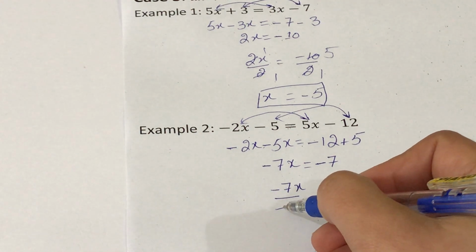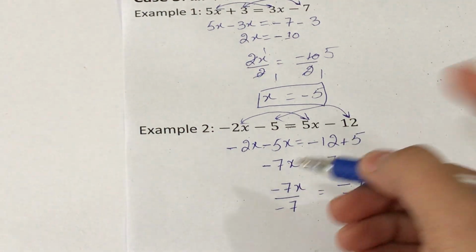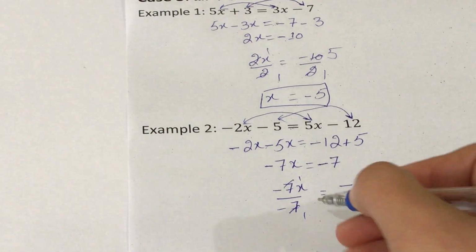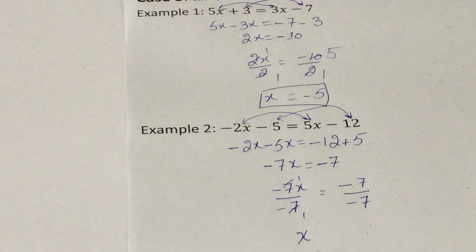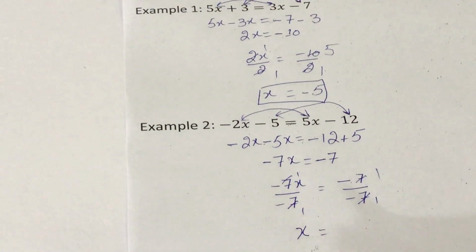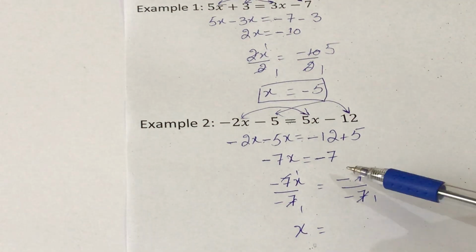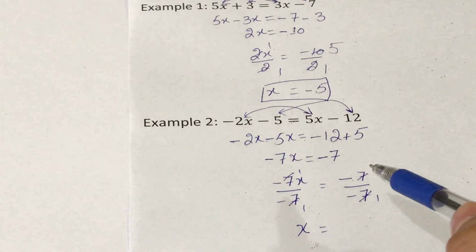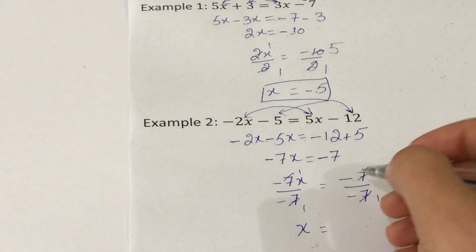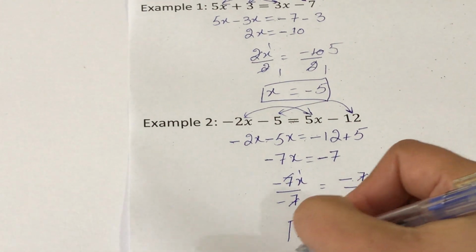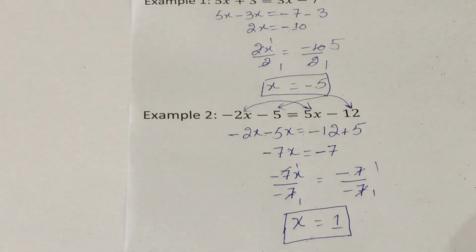Negative number divided by negative number, your result would be positive, and 7 ones are 7, right? So we will be left with x here only is equal to, similarly on the other side, 7 ones are 7. And again, negative number divided by negative number, your result would be positive. We have done all these properties in our chapter number 2 in integers. So we are left with 1 only on our right hand side. So the value of x is equal to 1 in this example, right?